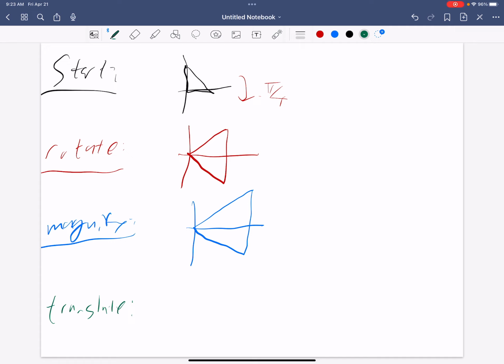And it's going to translate, and now here we need to be careful with the translation. Negative 2, so it's shifting it to the left by 2 units. So if I add a real number, it shifts to the right. If I subtract a positive real number, it goes to the left. If I add a complex number, it's going to go up, and if I subtract complex numbers, it goes down. So the translation is going to go to negative 2, and now here's where we got to be a little careful about the details. After I translate it, is it going to cross the axis? It's not going to, but now's a good time to follow each one of the points